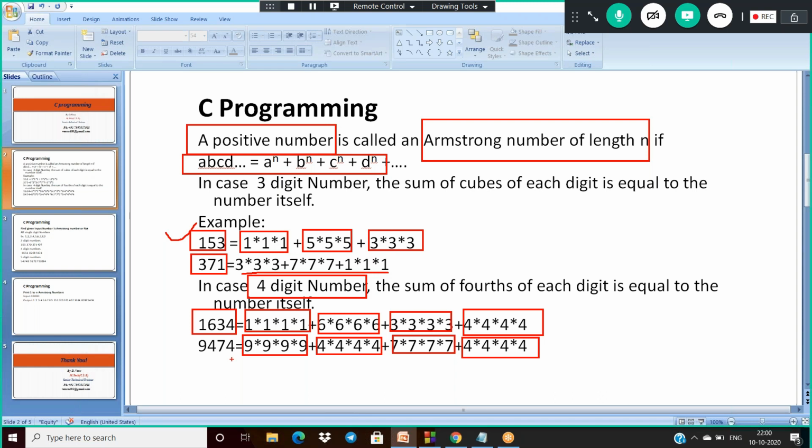So that is the unique formula here. Assuming the length is some n, with digits a b c d and so on, we can represent abcd in the form of a power n plus b power n plus c power n plus d power n and so on. And this is the definition of an Armstrong number.